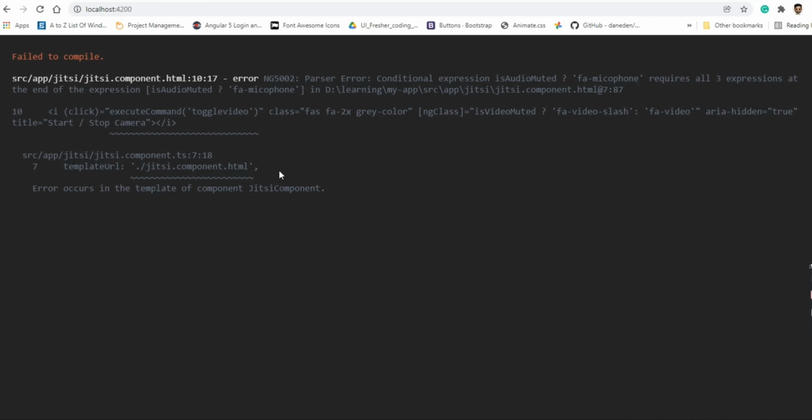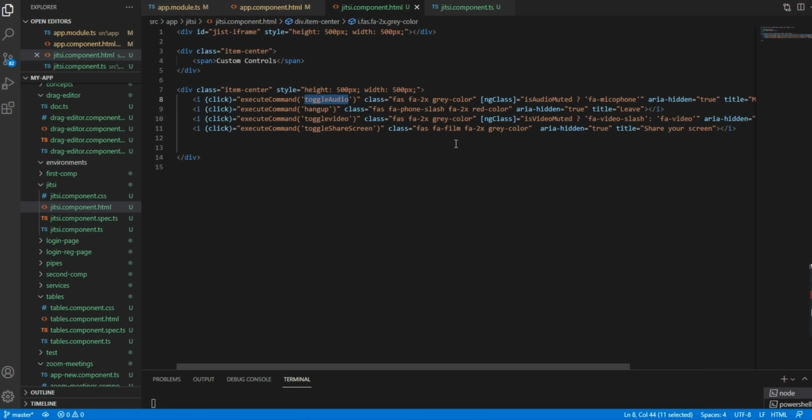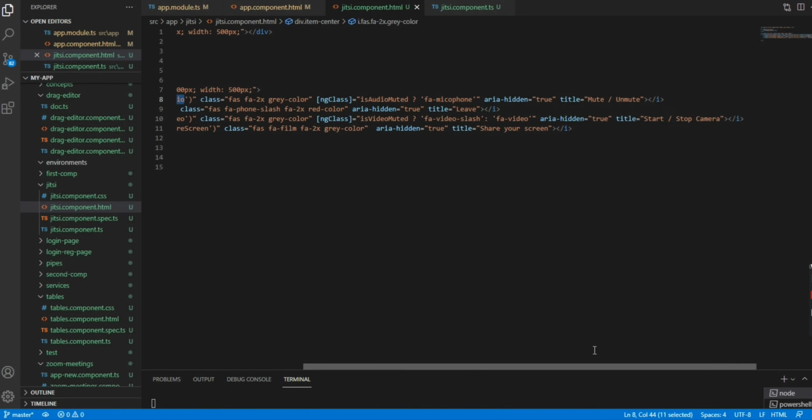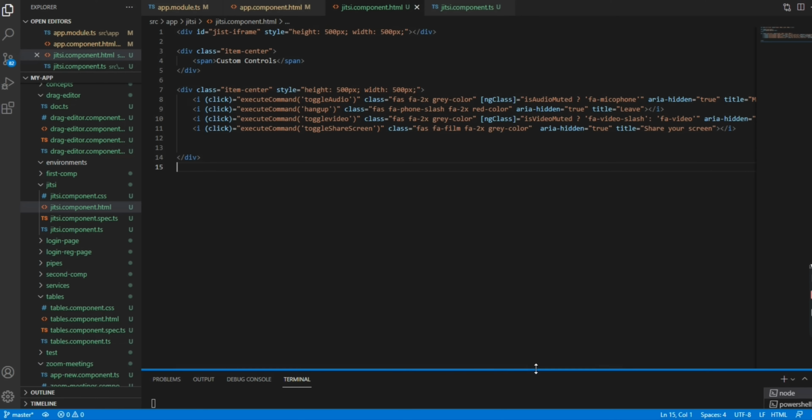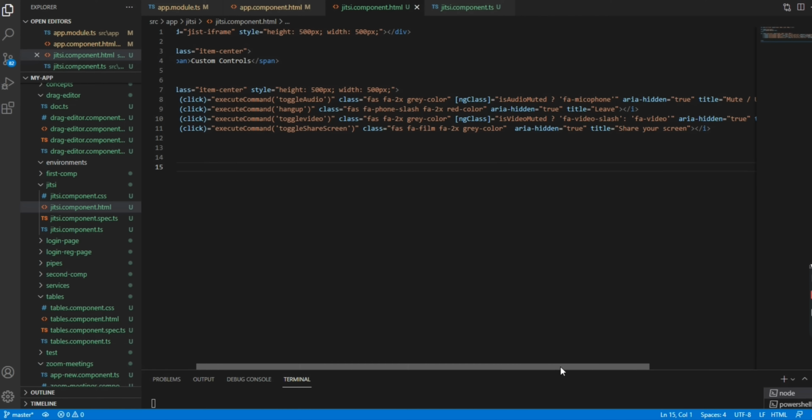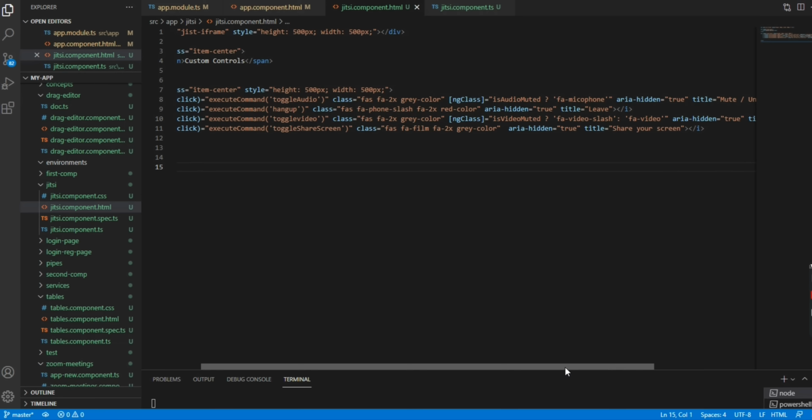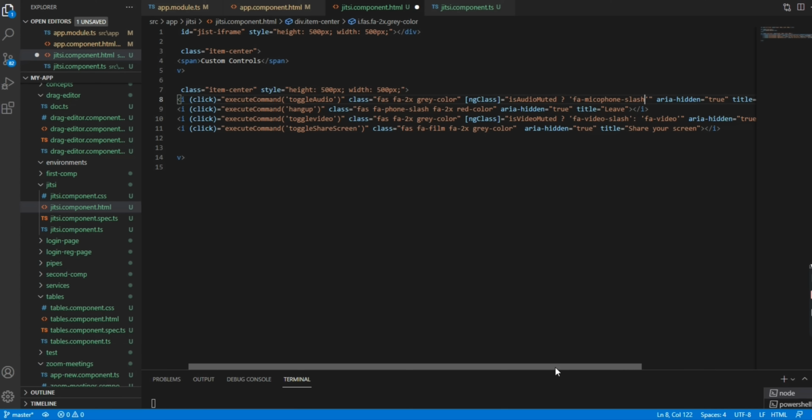Here is the error expression, all three expressions at the end of... I think this should not be the HTML part. Leave it. We'll check the sign of it is on. I've done something wrong here. It's audio muted.